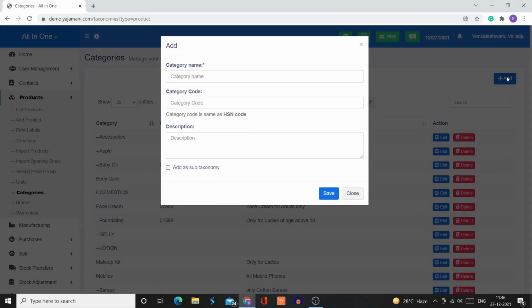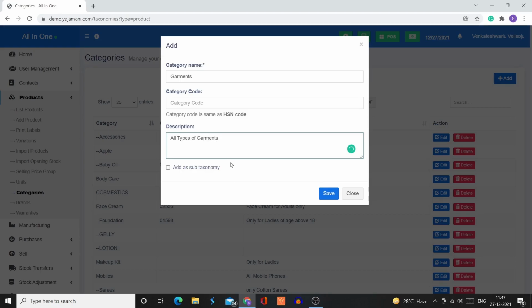Go to add, click on add, and then here you can give the category name, like garments, for example. If you have any HSN code and you want to display this HSN code in the invoice, then you can enter the category code as the same as the HSN code. Here you can mention the description, for example, all types of garments.